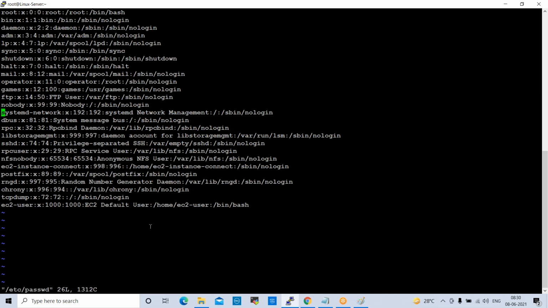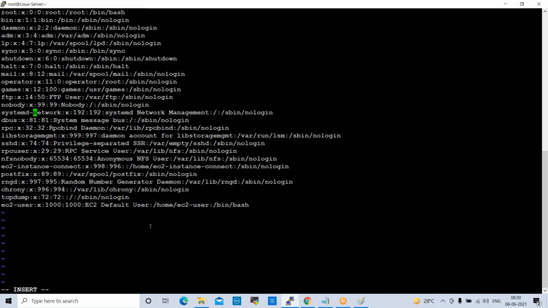Shortcuts means if you hit small i, what will happen? It will move to insert mode, and also you can escape this. Now, if you use capital I, what will happen? It will move to the starting of the line. When you hit capital I, it will move to the starting of the line.